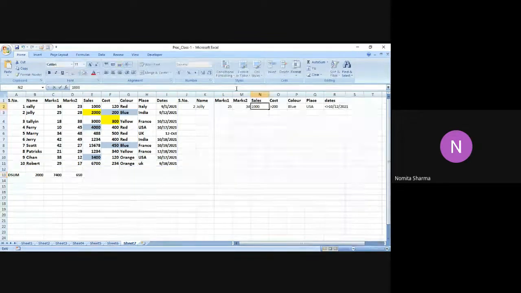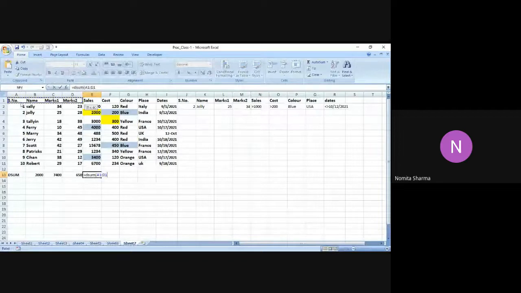I say more than 1,000, right? So I'm going to write it again. I say D sum. I say this whole database. I select it. I say comma. I mention the marks 1 as the field, and then I mention the criteria. The criteria is sales greater than 1000. So I got 225 as the answer.